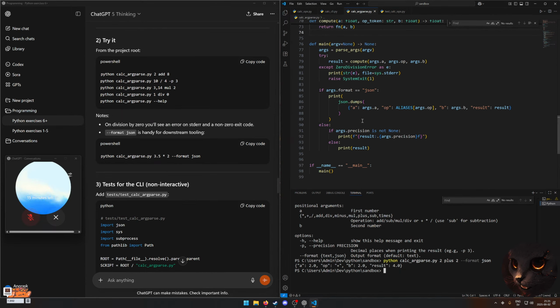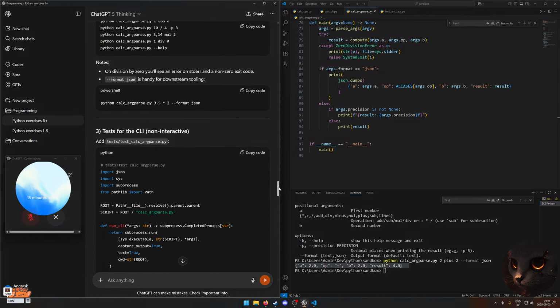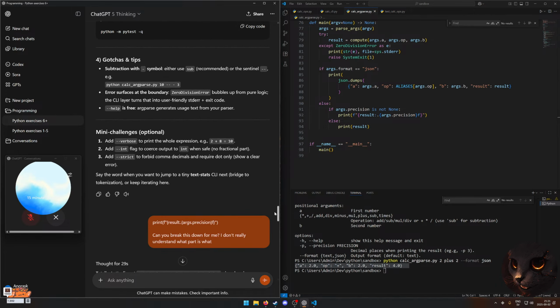So okay, so it's literally just one string. Or not one string, or maybe it is one string, but one line of text. Okay, I think this is completely done, and then we have